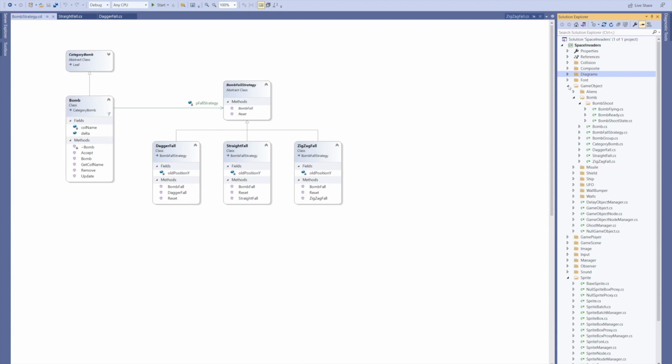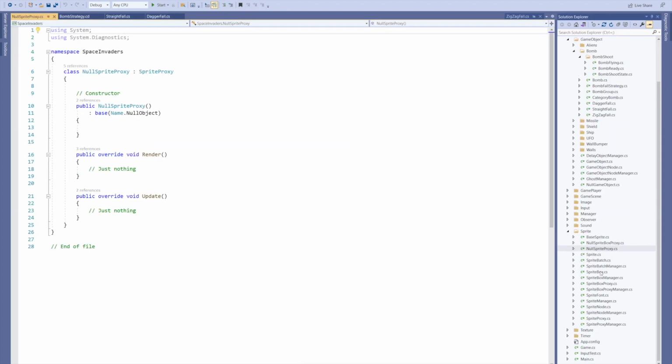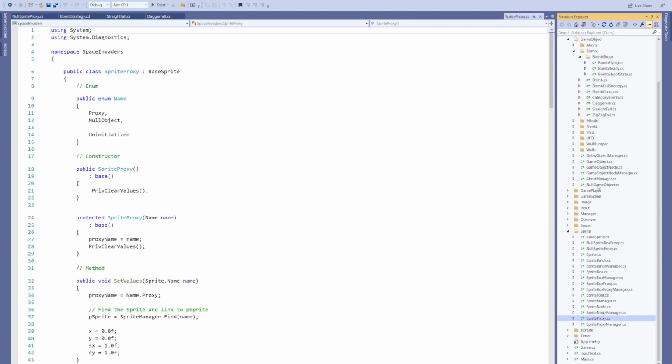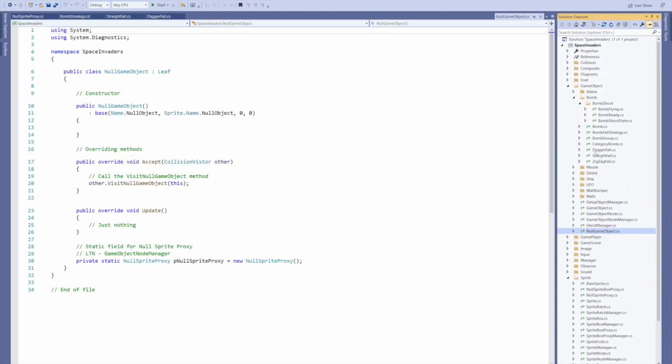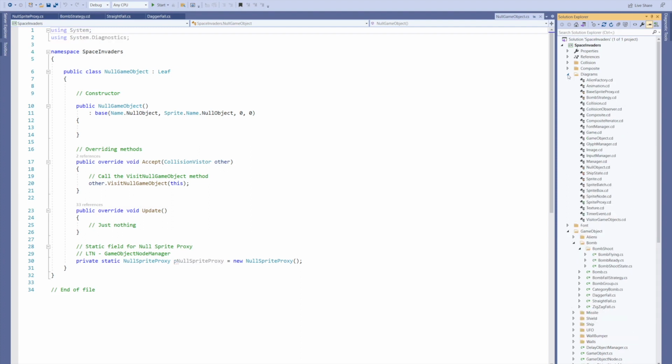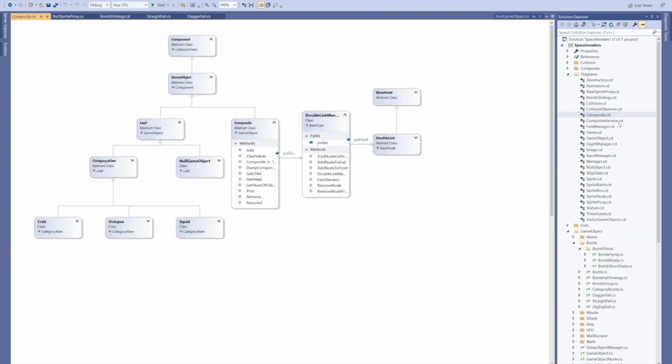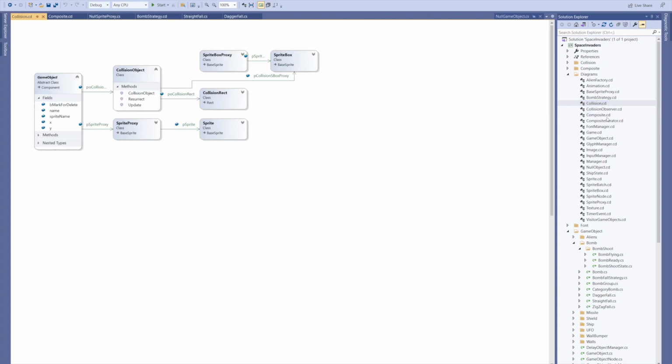And coming to the next one, which is Null Object. Use these Null classes for sprite proxy, sprite, as well as the game object null. So this is just for reducing the extra conditions on the head. And we can see, so that is for null. And the factories,